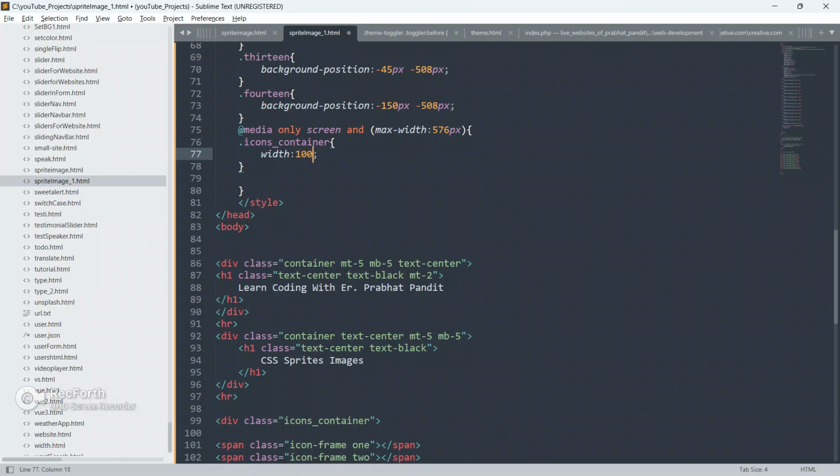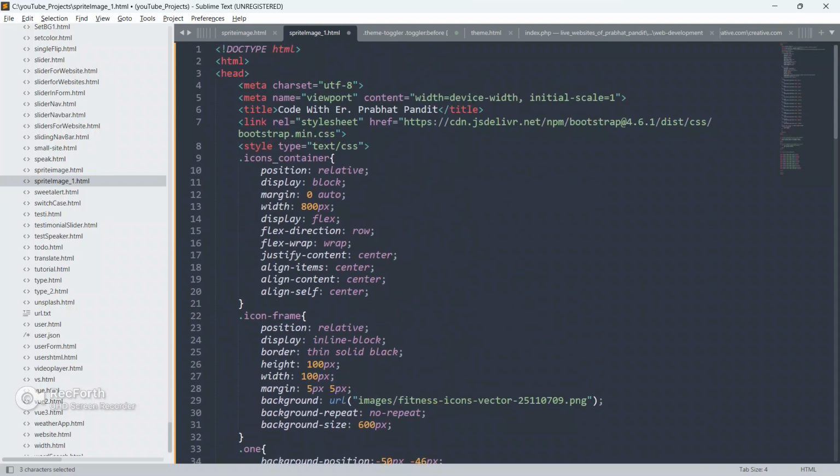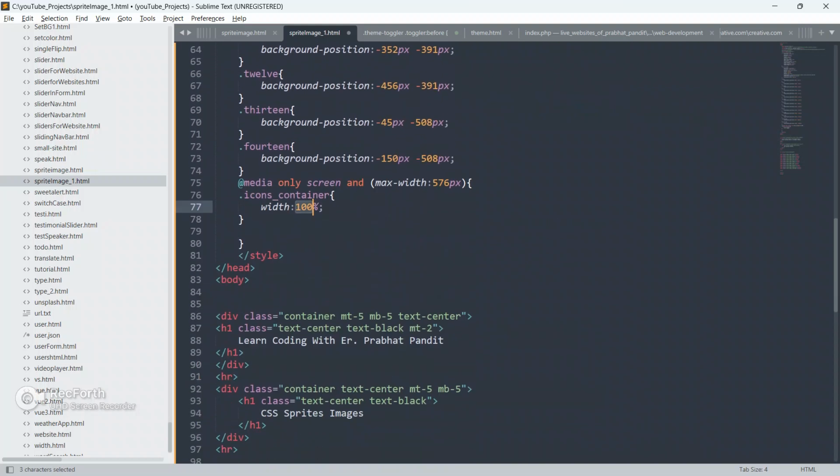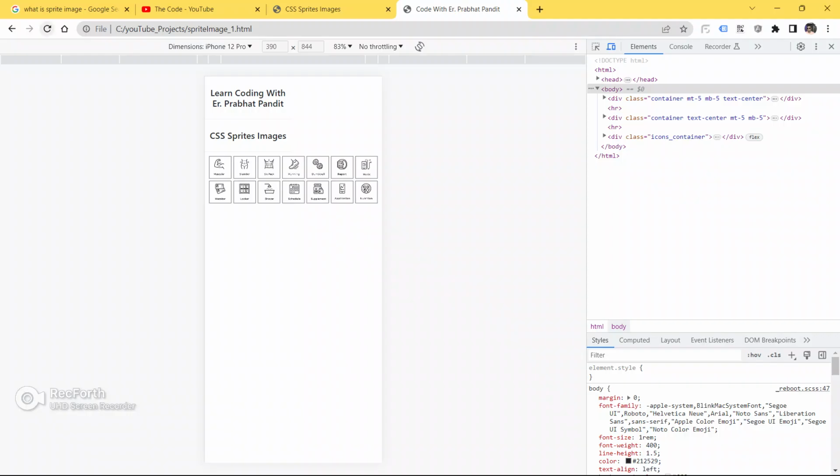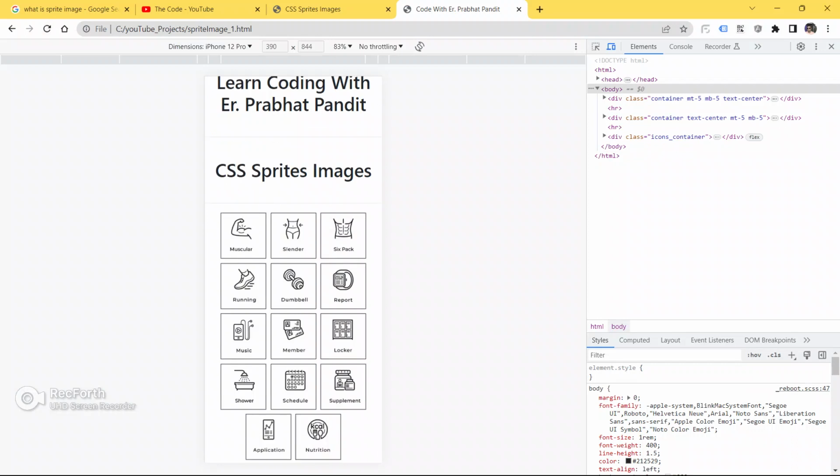Otherwise your code will be really heavy and really complicated to manage and read, so that someone can understand it. So put only those CSS properties inside the media queries which are required and necessary. Here I require only width 100%, the rest is all the same, so I removed it from the CSS media query. Save your code, go to the browser and refresh your page.